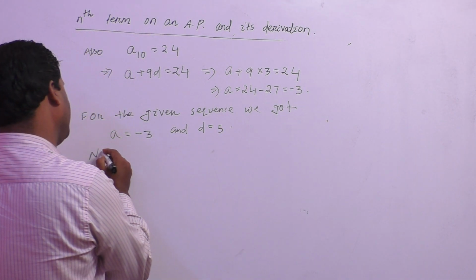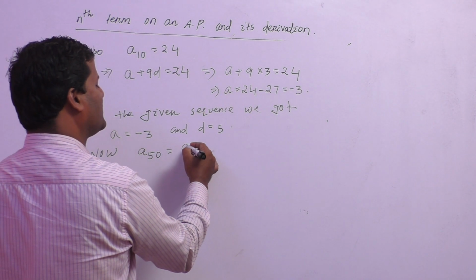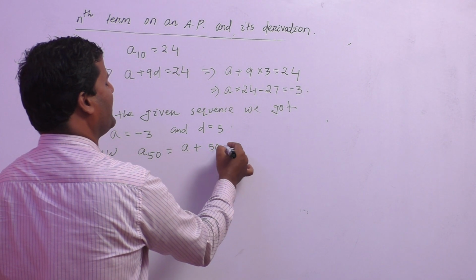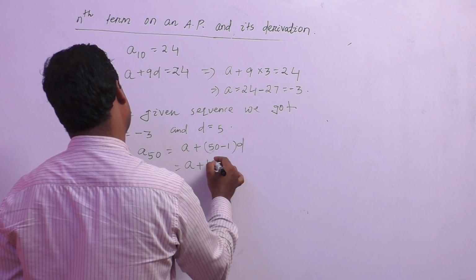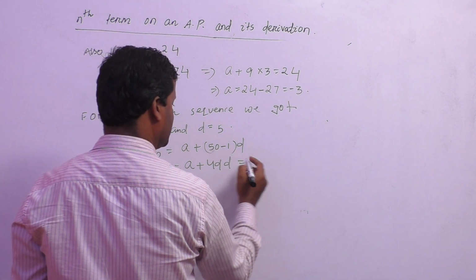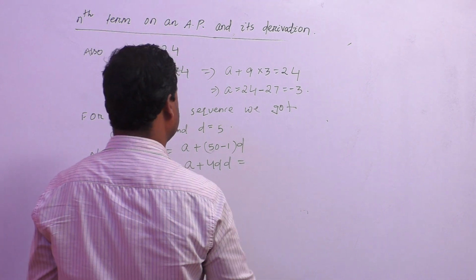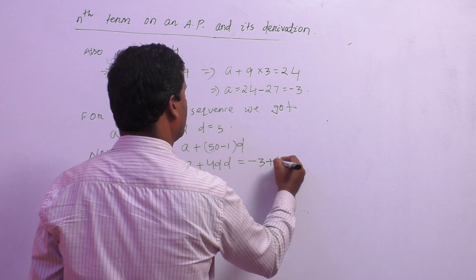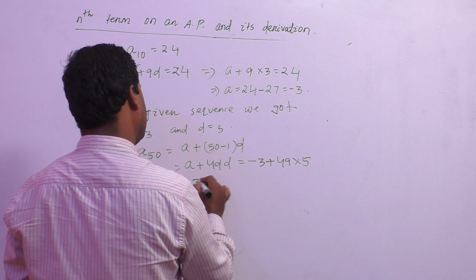Now a50, as it is required to find the 50th term, a50 is equal to a plus 50 minus 1 into d, that is equal to a plus 49d. The value of a is minus 3 plus 49 into 3, which is minus 3 plus